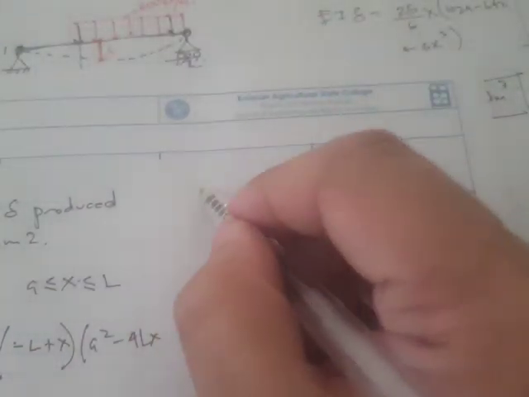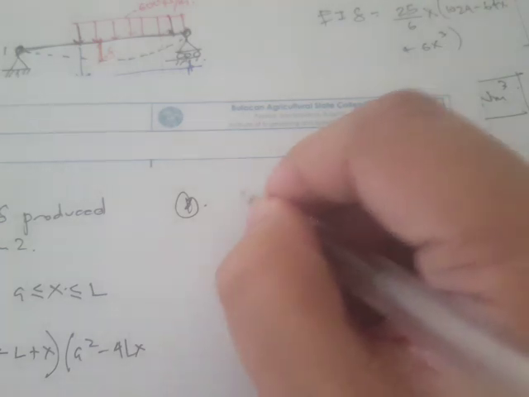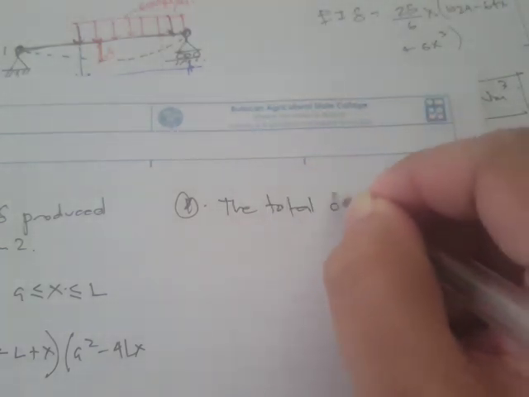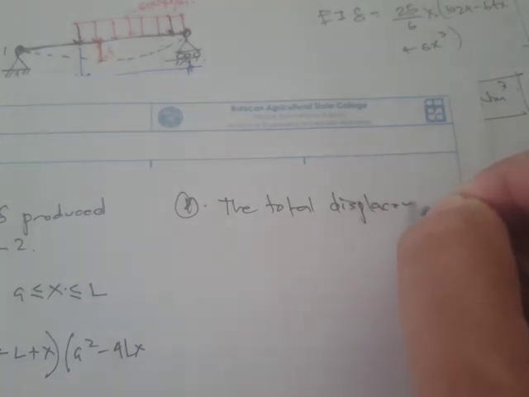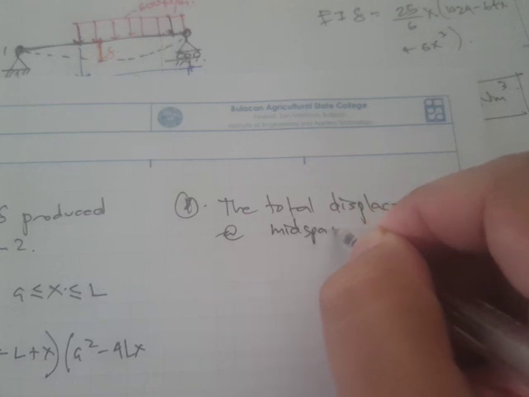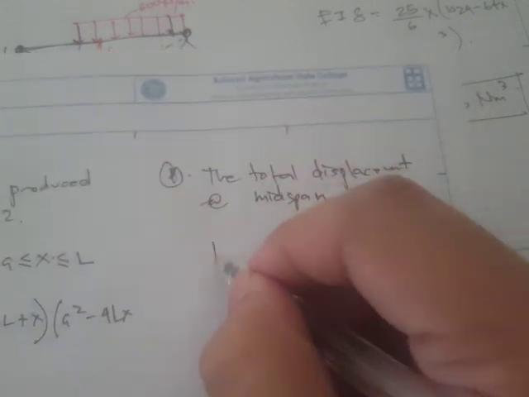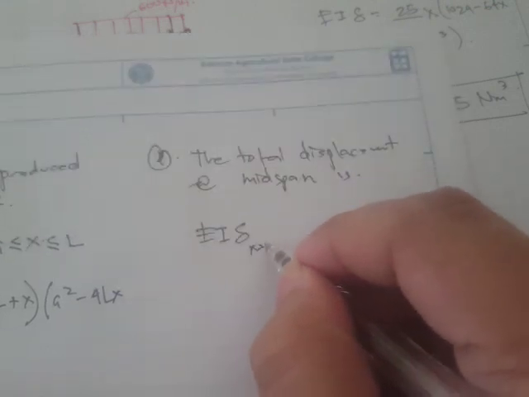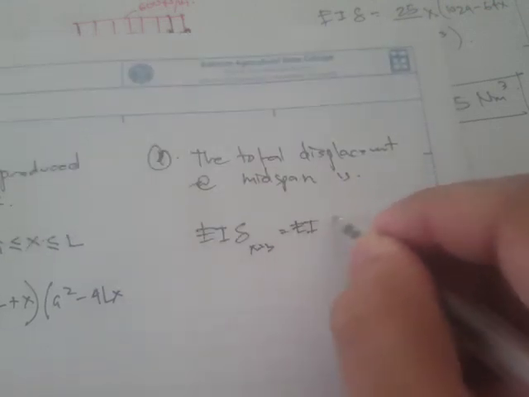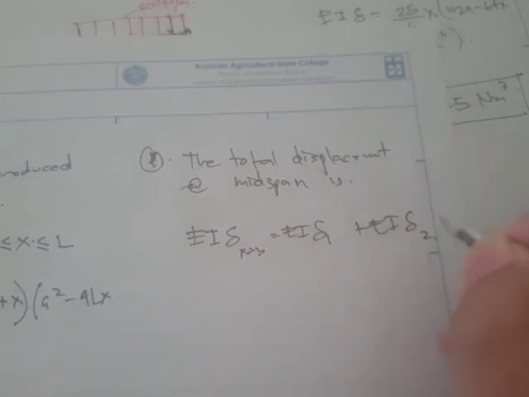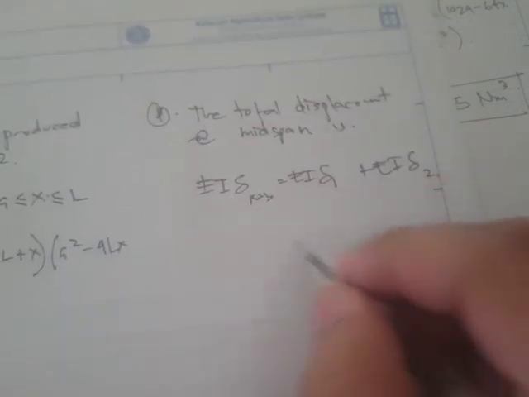And finally, we have to find the total displacement at midspan. Okay, so EI times the deflection at x is equal to 3 is equal to EI times the deflection produced by beam 1 plus EI times the deflection produced by the second beam. Okay, and therefore this is just